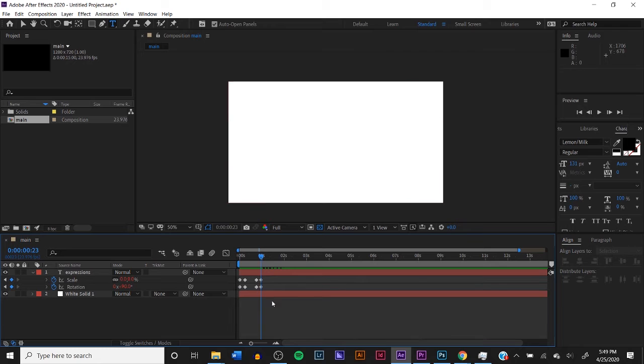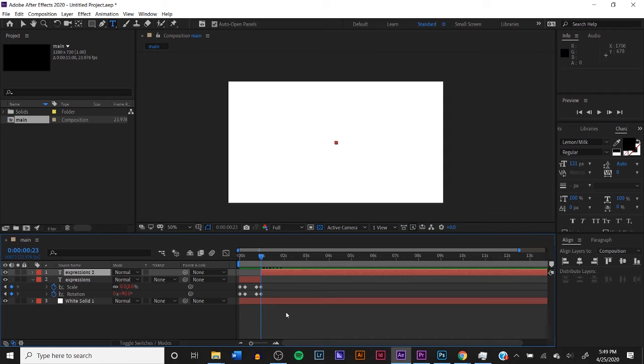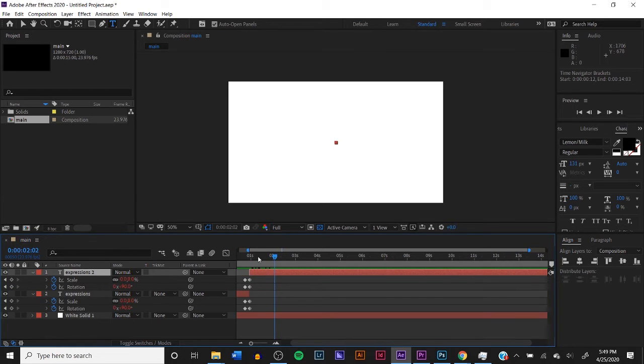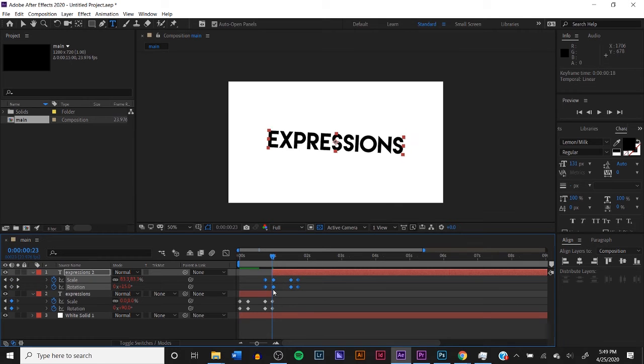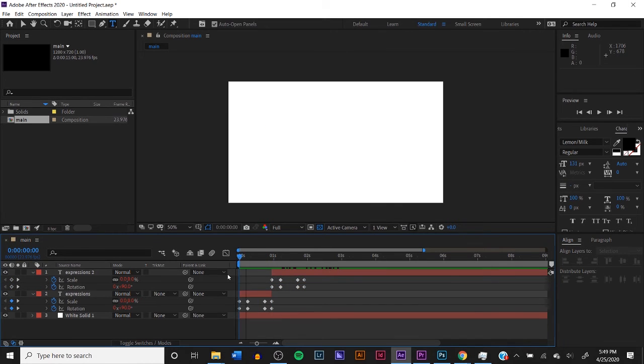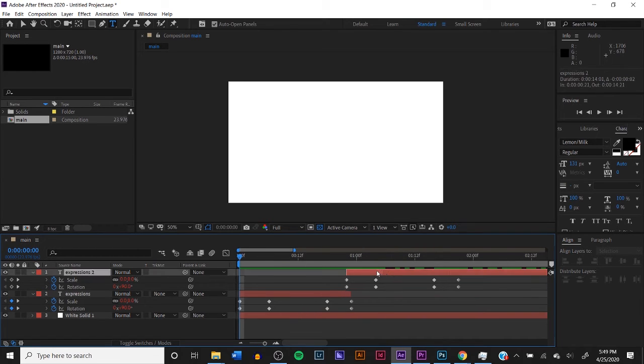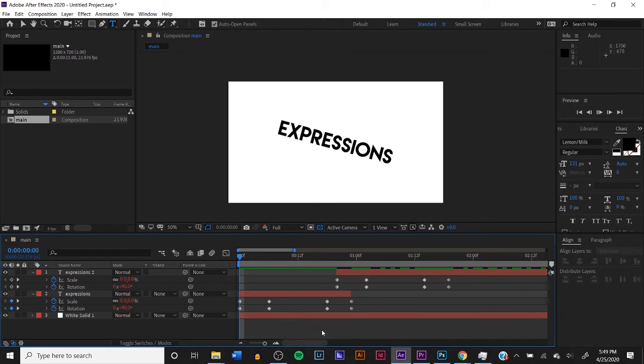Alright, so now we're going to go to the last keyframes, and we're gonna press Control Shift D. Basically what that does is it makes a cut or a split right where the indicator is at. So now I'm going to press U on the keyboard, and we are going to move all of these keyframes over like so. And now once we move those, if we move this so that the keyframes on the text above is kind of centered with the keyframes below, as you see here,